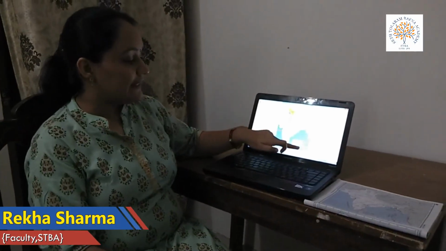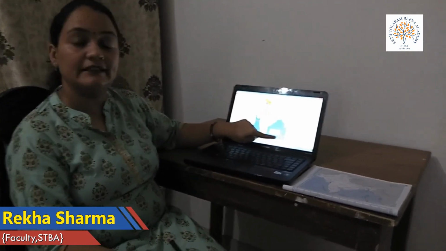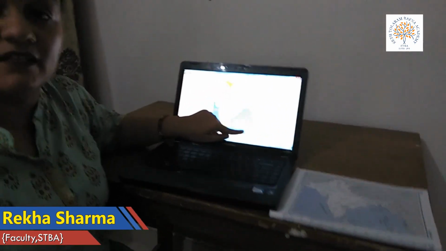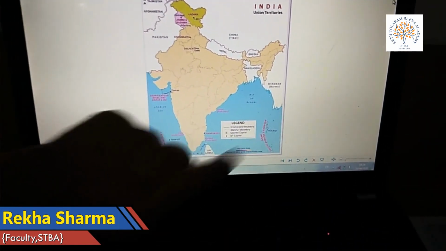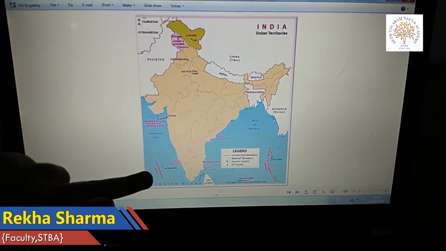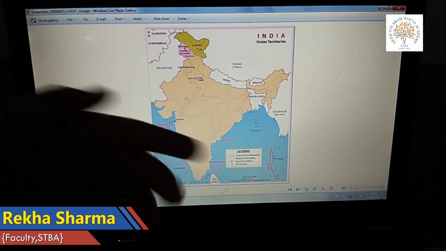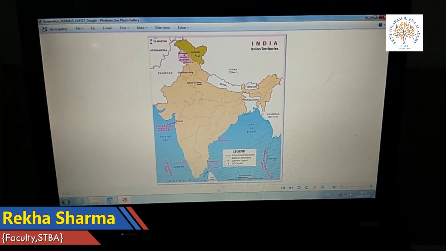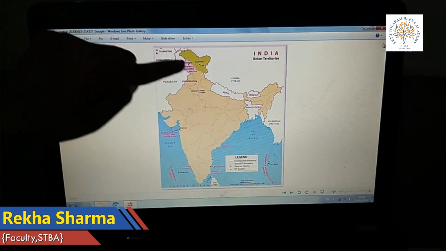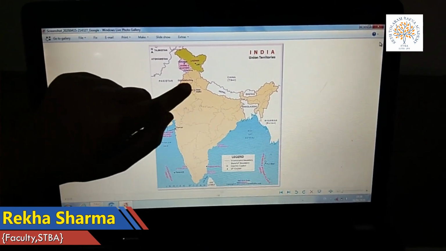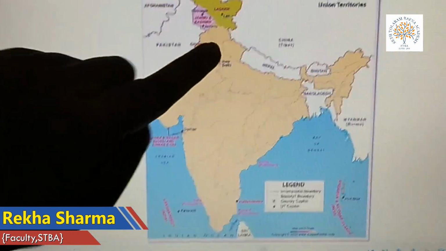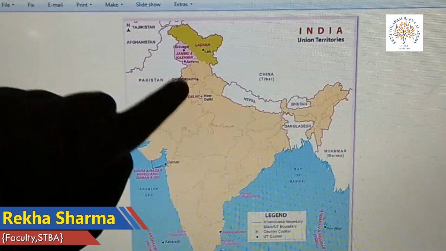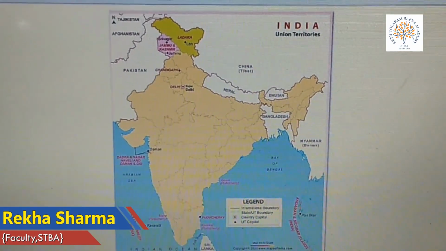Coming forward to the next Indian territory, that is the Andaman and Nicobar Islands. It is located in the Bay of Bengal, and its capital is Port Blair. As you can see, it is located in the water body. These are the island groups of India. One is Lakshadweep, located in the Arabian Sea, and the other is located in the Bay of Bengal. Now coming forward, there is another union territory, that is Chandigarh. Earlier we talked about this being the capital of Punjab and Haryana. Both the states share its capital.